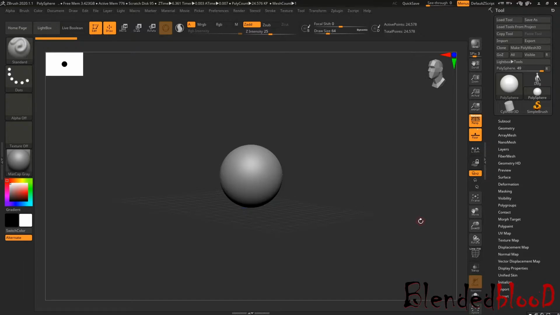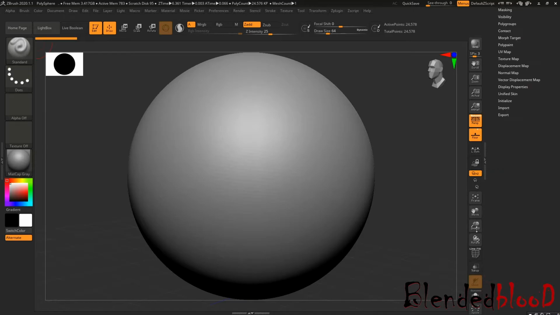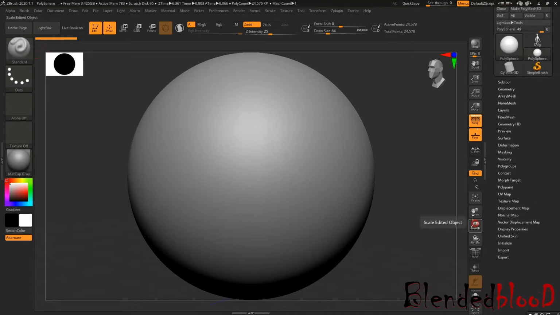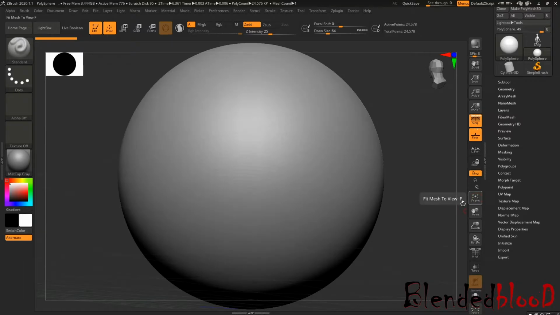If you're working in Max and you press Z, your model will zoom in like this. So for ZBrush, if your model is like this and you need to zoom in, just hit this option, frame.